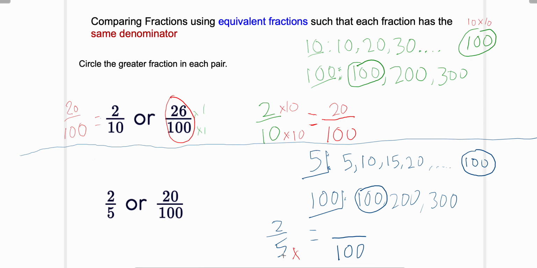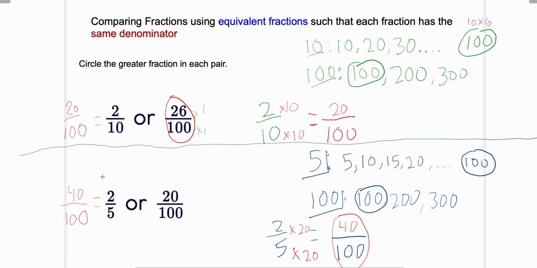Well, I know that 5 times 20 is 100. Whatever I do to the bottom, I have to do to the top. So 2 times 20. So 2 times 20 is 40. So 2/5 turns out to be equivalent to 40